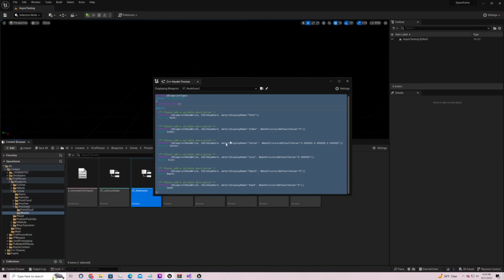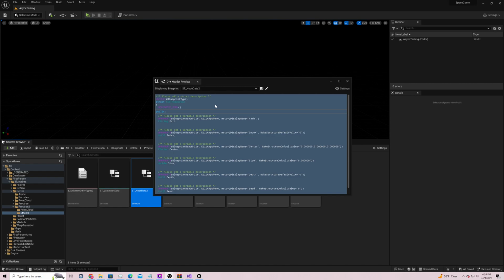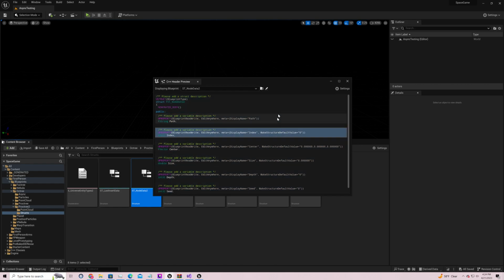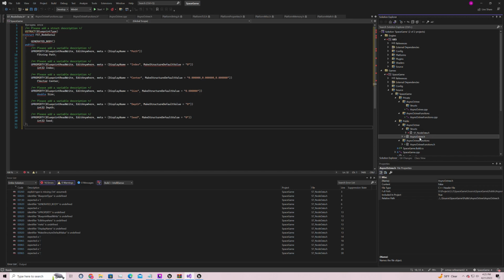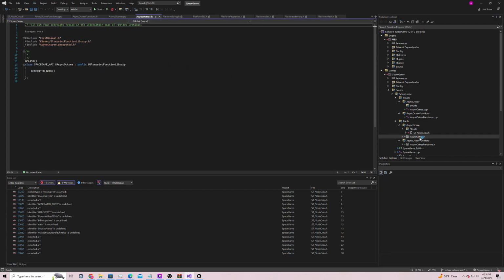You don't even give me the includes? Man, come on. UPROPERTY. Where's the other one? That could be better. How hard would it be to just include the includes?